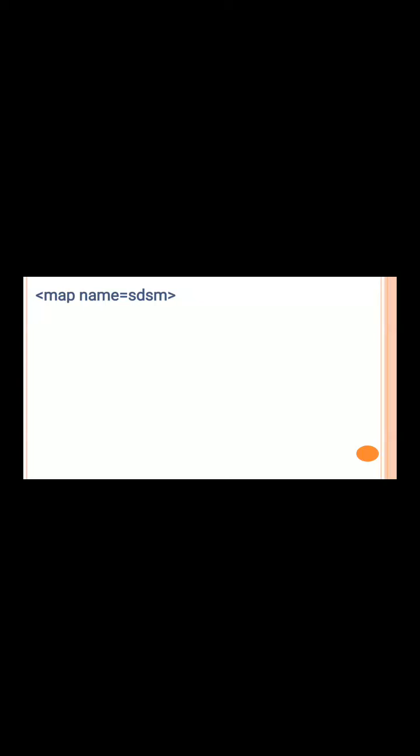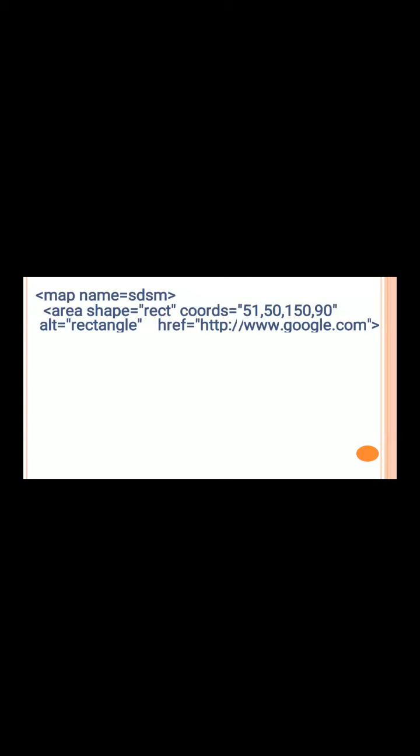Now we'll define the hotspot clickable regions on an image. For that purpose, we'll make use of the area tag. We'll create the first shape, which is the rectangle. For that purpose, we use shape equal to rect.